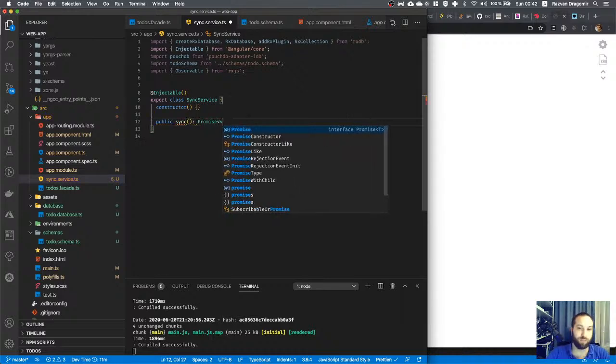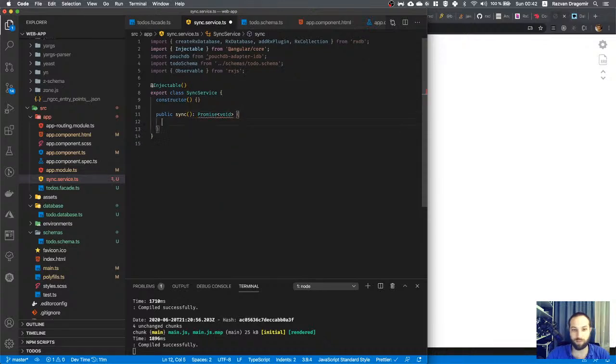This should be something like a promise, I imagine, but the idea is that it will have access to, I think we will hit the to-dos facade here. So to do, nope, private to do facade, yeah, facade. So we have access to that one, and behind the scenes